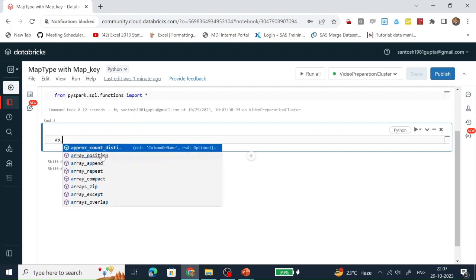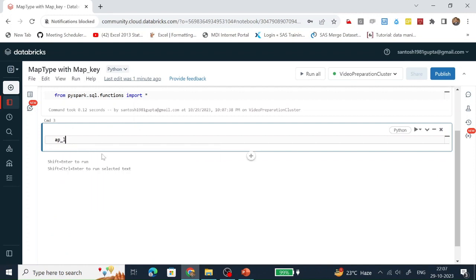Let's create a list. In this list, we have another object which is of dictionary type.